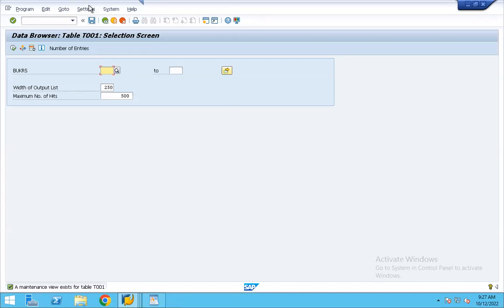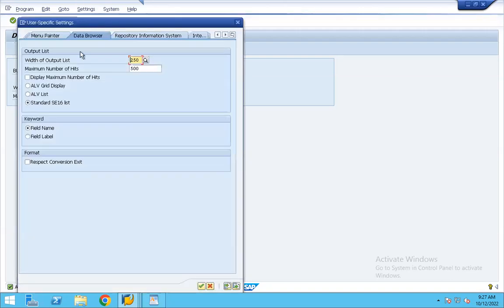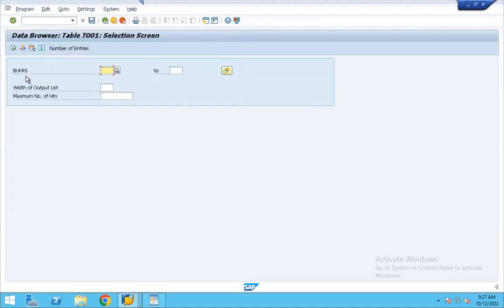Click on settings. What is this? Settings. Very good. And then click on user parameters. And then in the section of the keyword, please select field label. मैं फिर से repeat कर रहा हूँ, मैं इसको पहले close कर रहा हूँ। ये टेक्निकल नाम है कंपनी कोड का, BUKRS, जो कि आप एबेपर को देते हो आपको चेंजेस करने के लिए। एबेपर को नहीं पता कि SAP में कंपनी कोड का टेक्निकल नेम क्या है। सो दिस इज द टेक्निकल नेम इज अपीयरिंग।